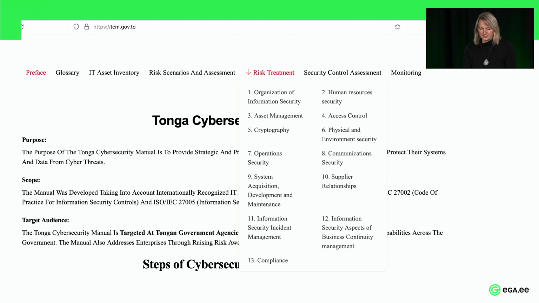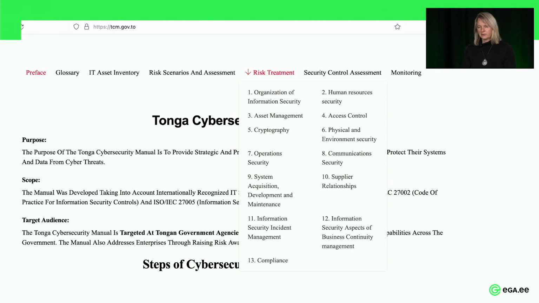Is it some rules for access control? Then you go to the 4th chapter here and read what the options are, what kind of security controls can be used, and you can choose the controls which are appropriate to your organization.